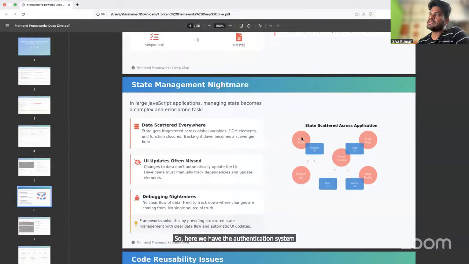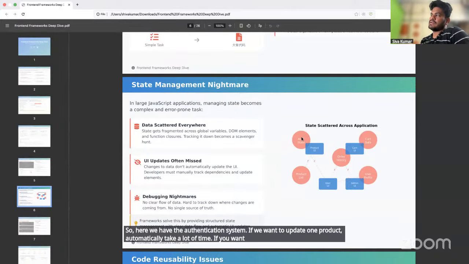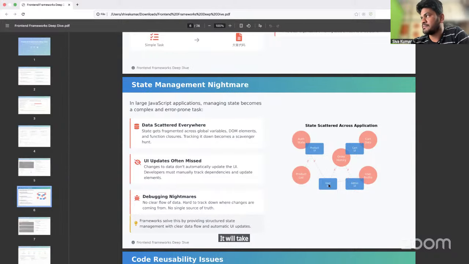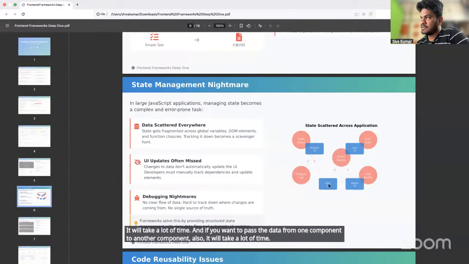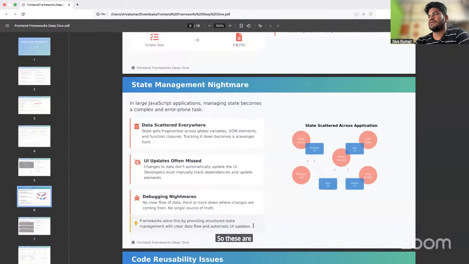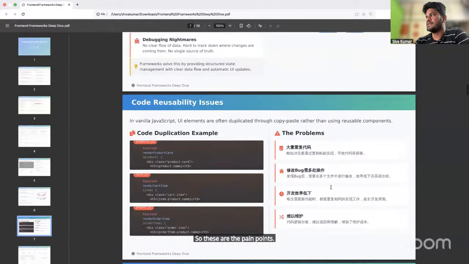If you want to update one product, it automatically takes a lot of time. If you want to list the product list, it takes a lot of time. If you want to create one particular user, it takes a lot of time. And if you want to pass data from one component to another component also, it takes a lot of time. So these are the pain points, these are the problems.